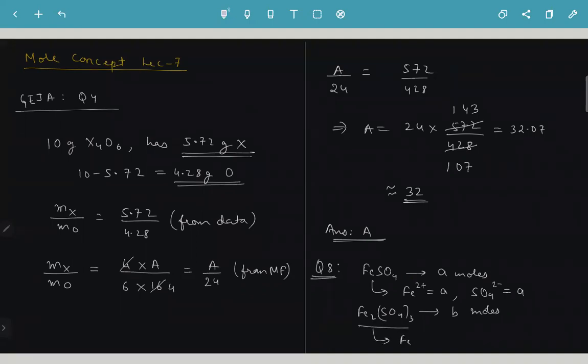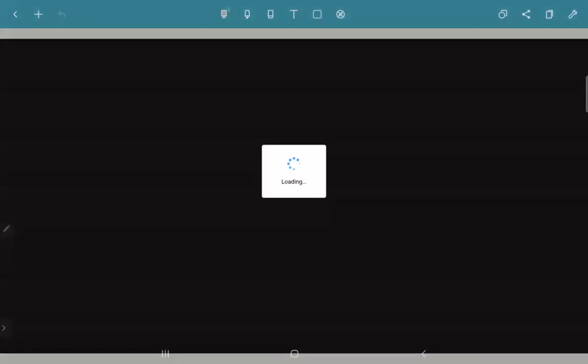Okay, here this is ferric sulfate, Fe2(SO4)3 is ferric sulfate. It contains Fe3+ how many? Atomicity of Fe is 2, it contains 2B moles of Fe3+, and the atomicity of sulfate is 3 so 3B moles of sulfate. We have got the number of moles of ferrous ions, ferric ions and sulfate ions. Now it is given that the sulfate ions are equal in number in both FeSO4 and Fe2(SO4)3. So as the number of sulfate ions are equal, we'll write A is equal to 3B.